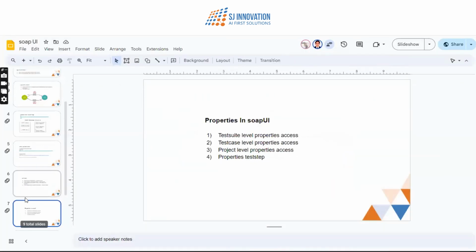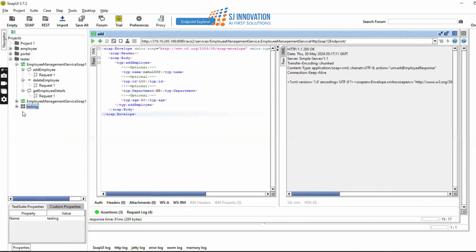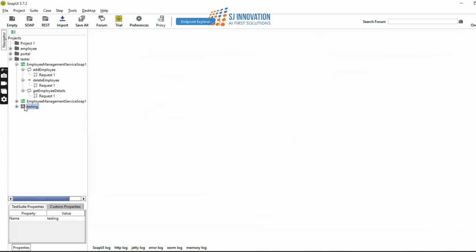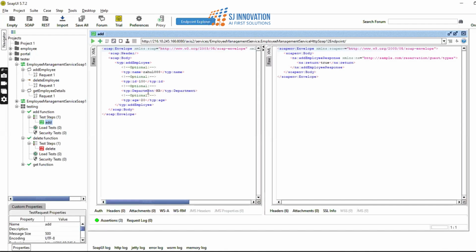So now we'll see how the properties in SoapUI work. There are four properties: the test suite level, test case level, project level, and the global property. First we'll see the test suite level. This is the test suite which I have created. I'll just click here. Earlier, what we did, we just hard coded the value in the code. Now we'll add the